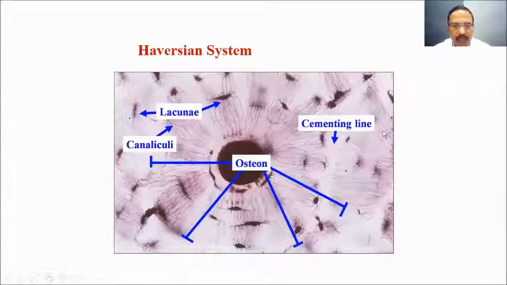You can see this is one osteon, that is the other osteon. Separating them, you can see a small, thin, amorphous line, which is a little bit eosinophilic in stained sections. That is called a cementing line. Fibers are deficient in this area. Collagen fibers are deficient here. Only fully mineralized matrix is present between the osteons, and that is called the cementing line or